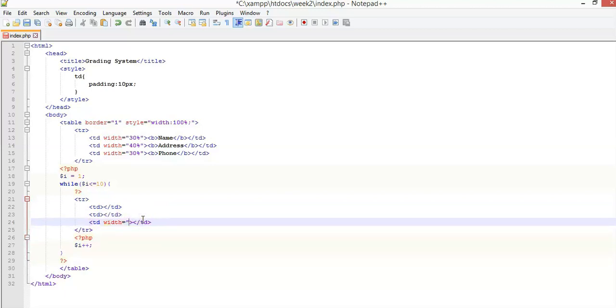So if you are not using PHP, you need to copy this one, paste it 10 times below this one. But you can use a PHP script for it to work well. And for your code to also be a little bit neat, we can push it a little bit so that it follows the same line as our TRs. Now when I run this,